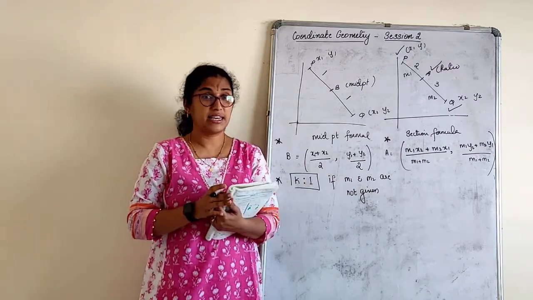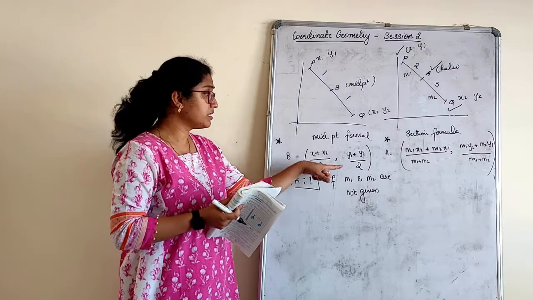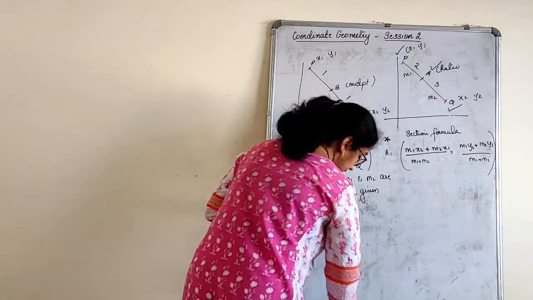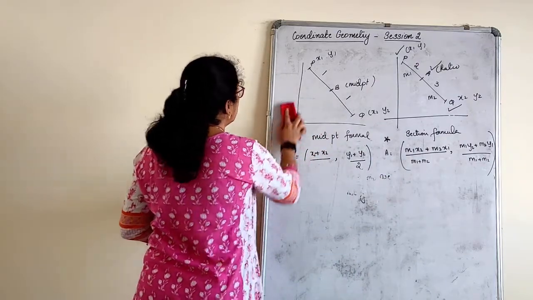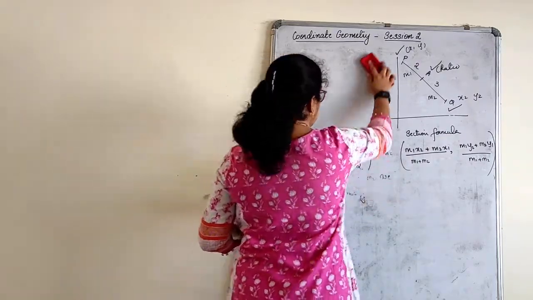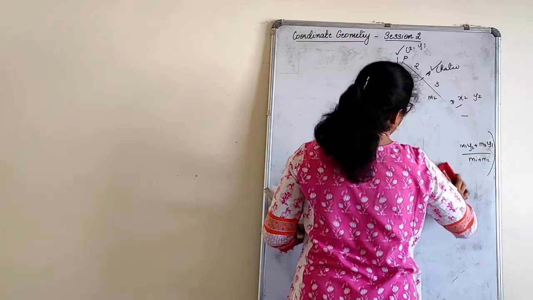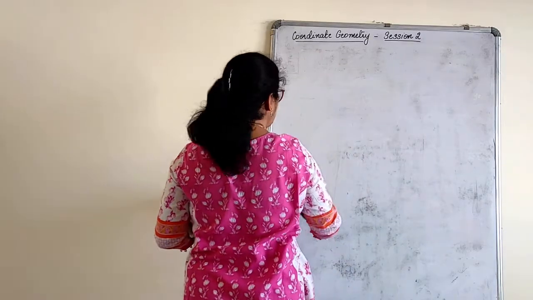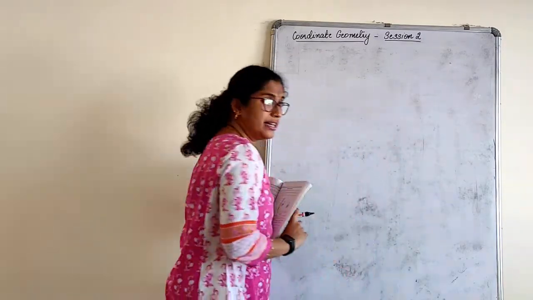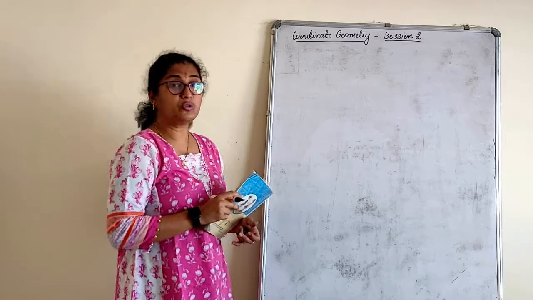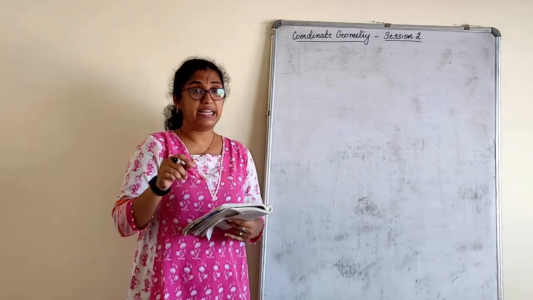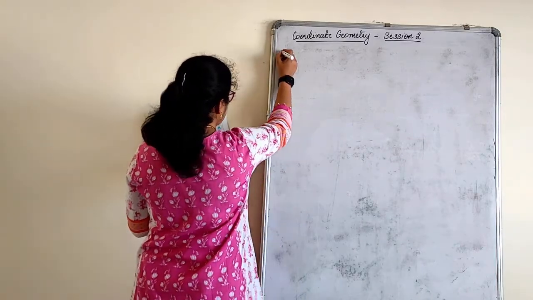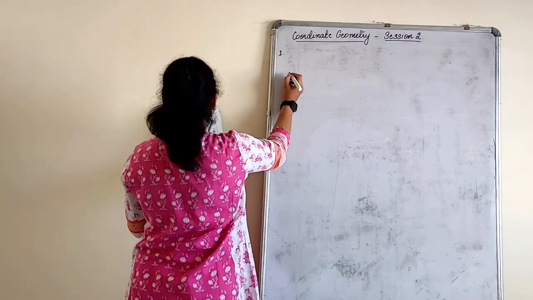So our next exercise is based on the midpoint formula and section formula. Let's quickly start with the exercise. Again you need to write the midpoint formula and section formula, only the formula part. Like today, I'll send you one small PDF where the formulas are written. Just write it before you start with the exercise. Give the heading as midpoint formula and section formula. The next exercise on section and midpoint formula, first one.